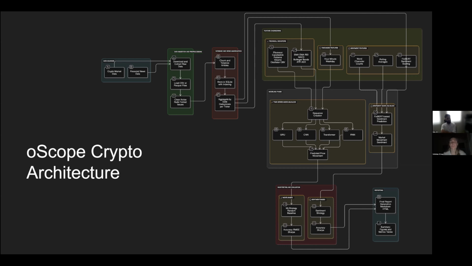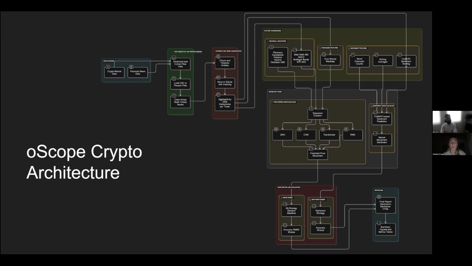So the diagram up here shows our full pipeline for predicting the price movements using both the market data and financial news. All the way on the left side, you can see the data ingestion of both Bitcoin and Ethereum price data alongside the financial news articles. And then using this data, we extracted key features like technical indicators from the price data and sentiment scores from